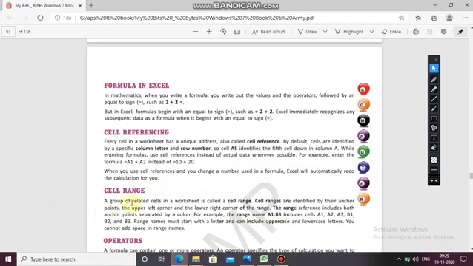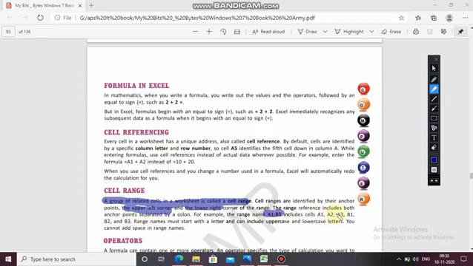Now cell range. A group of related cells in a worksheet is called a cell range. Cell ranges are identified by their anchor points, the upper left corner and the lower right corner. The range reference includes both anchor points separated by a colon. You can see over here A1 to B3, means all the A and B cells will be included in this.